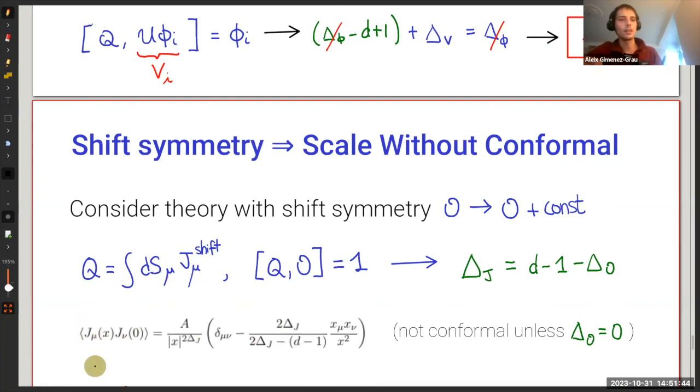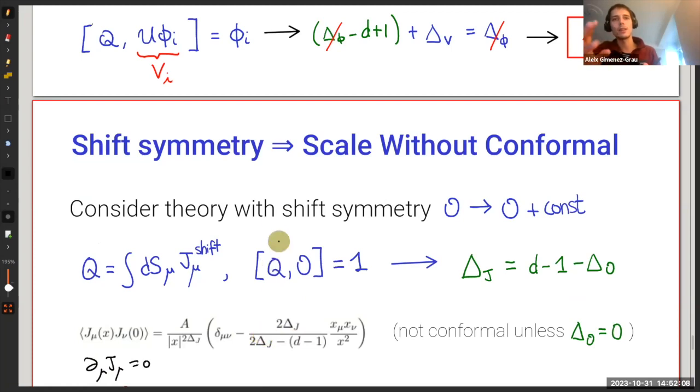So you have that delta mu j mu, it has to be equal to 0. So this is going to fix this relative coefficient. But also the dimension of j was fixed from this type of dimensional analysis here. So you can actually see that this constant here will not be the number that is required for conformal symmetry.